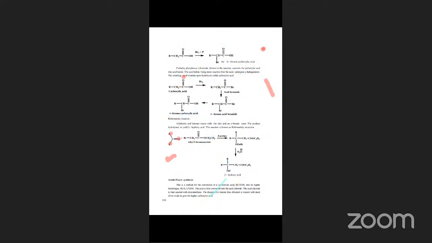Now, aldehydes and ketones react with zinc and alpha bromo ester. This one is the functional group. This carbon is the alpha carbon. The alpha carbon has a bromine, alpha bromo ester, in the presence of zinc and ether. Then on hydrolysis, it gives